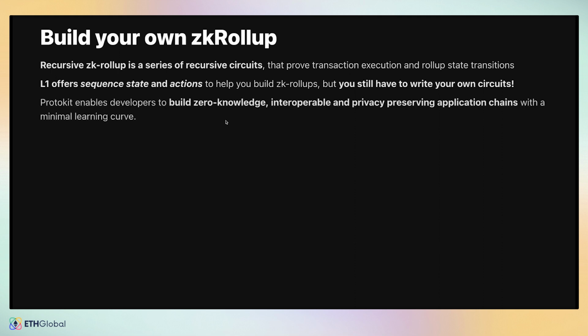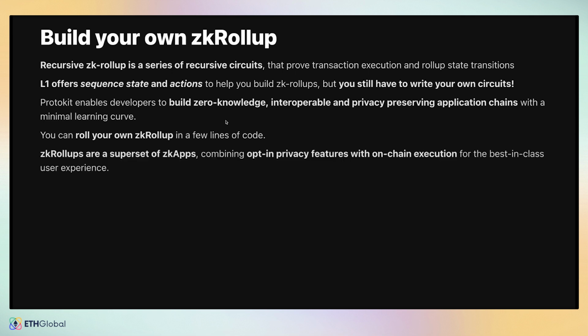Okay, so Protokit enables you to build zero-knowledge, interoperable, and privacy-preserving application chains with a minimal learning curve, right? You already know that. So you can roll your own ZK rollup in a few lines of code. And it's also important to mention that these ZK rollups are effectively nothing more than a superset of ZK apps. So it means that you get the opt-in privacy features with public on-chain execution that allows you to deliver the